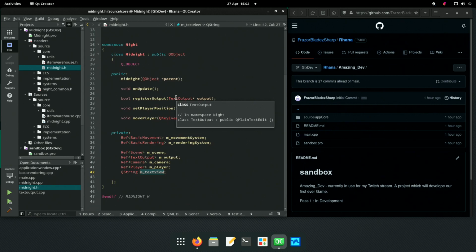QPlainTextEdit. There you go, that's exactly what it is. It's text output. Wow. Is that what I think it is then?